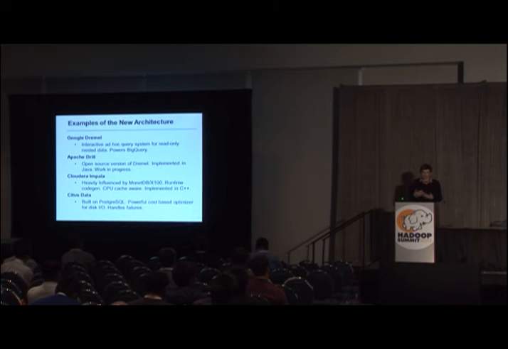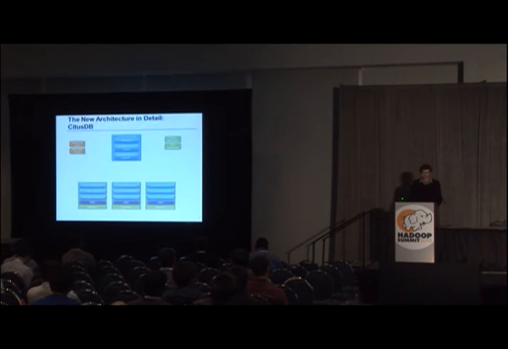Since I'm most familiar with CitusDB, I'm going to use that to illustrate these concepts. This is a high-level block diagram of CitusDB. Off to the top left, we have the clients, which in this case could be the PostgreSQL psql CLI, or an ODBC or JDBC client. To the outside world, CitusDB looks like Postgres, so we're compatible with all of the tools that are already compatible with Postgres.